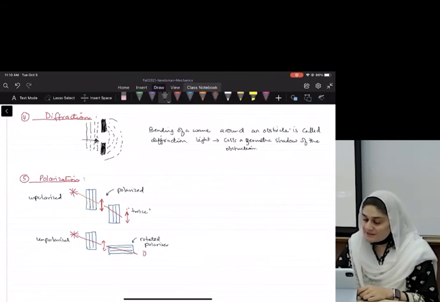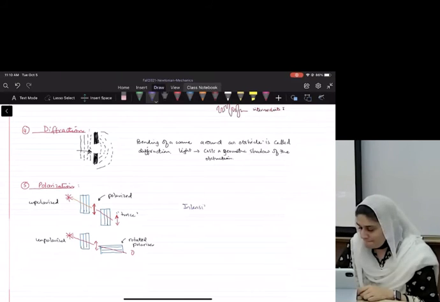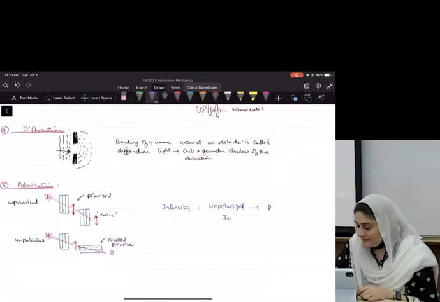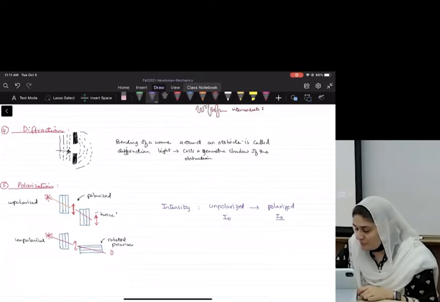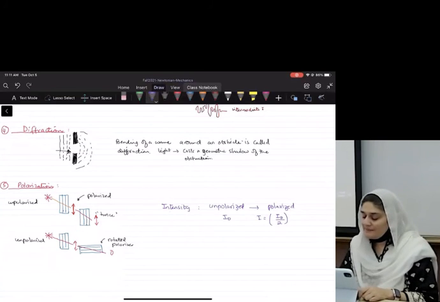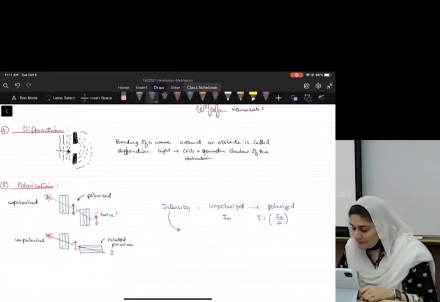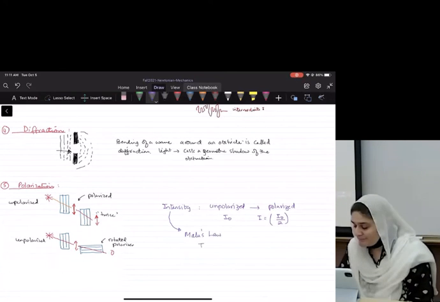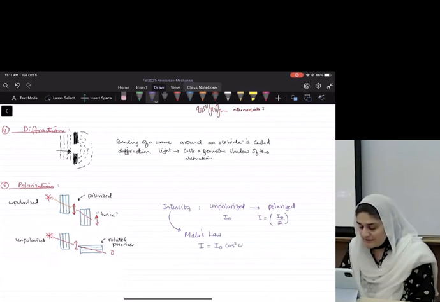So the intensity of unpolarized, if I take this one to be I0, then I can say that the polarized intensity will be 1/2. And this intensity will be given by what is called Malus's law. And he said this,